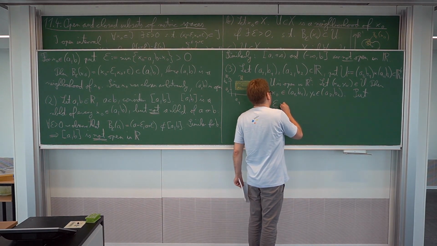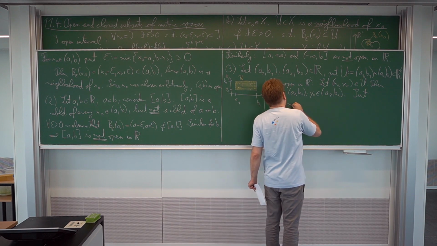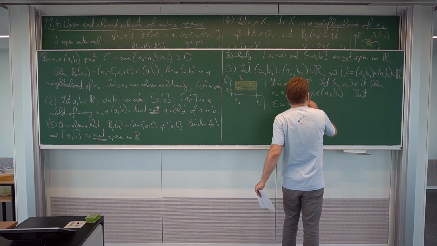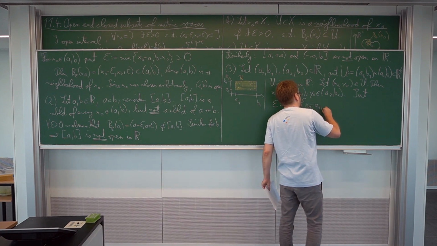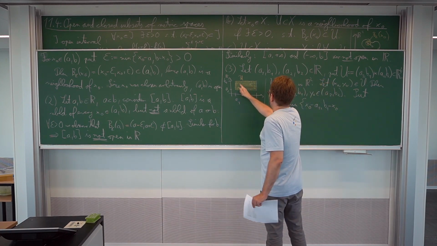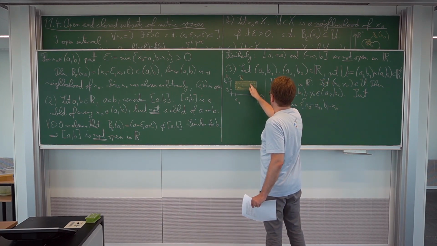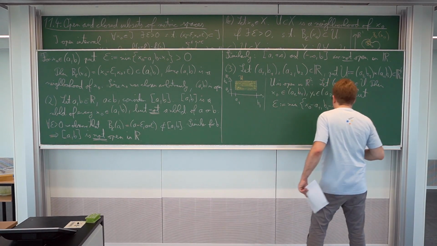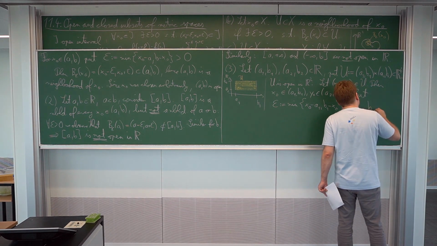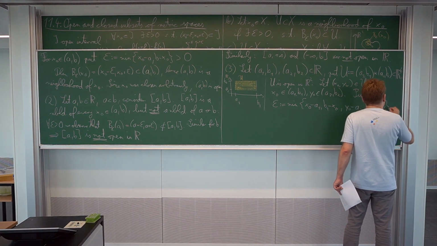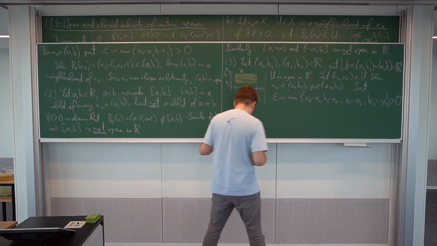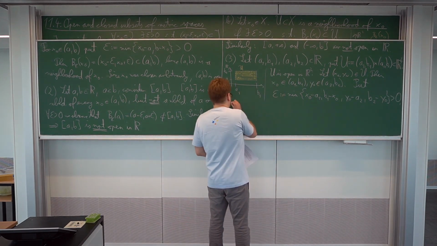So put epsilon to be the minimum of, and now we have to pay attention. For here we would need to have the analog x0 minus a1 and b1 minus x0. So in this case that will be the minimum of the distance from here to there and from here to there. Now the same thing vertically, we get y0 minus a2 and b2 minus y0. These are four positive numbers, so the minimum of them is still positive. Now, then